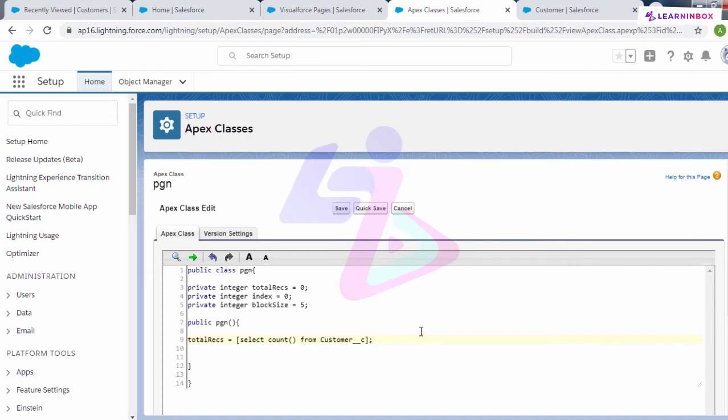In our scenario, this count will be 10 because we have inserted a total of 10 records in our object. So the number of records present in our object would be specified inside total records. It will return the total number of rows present. Let me close this.